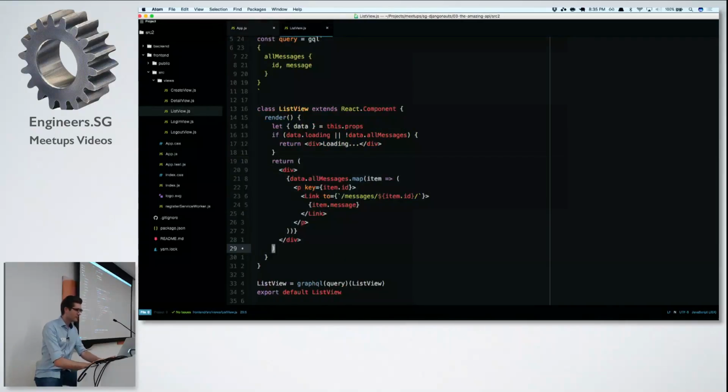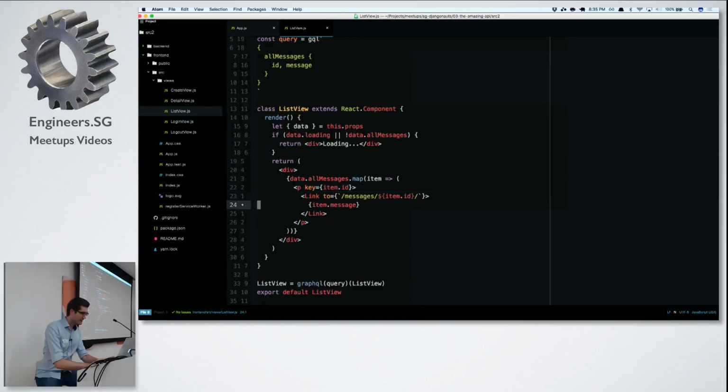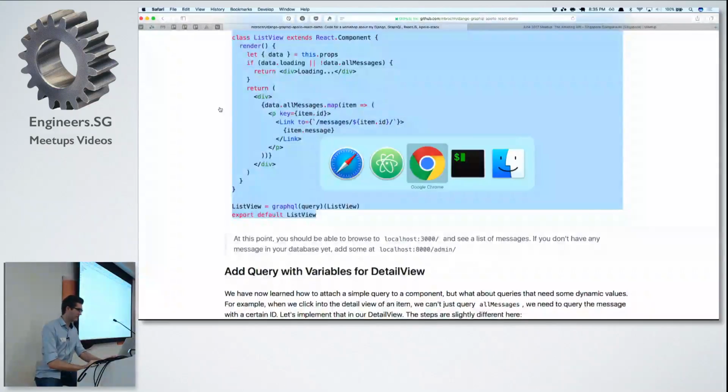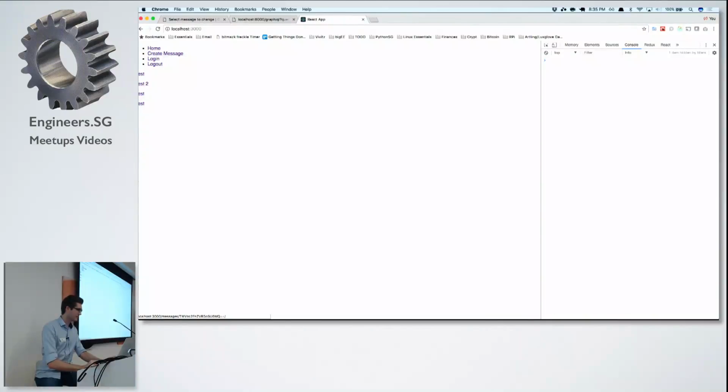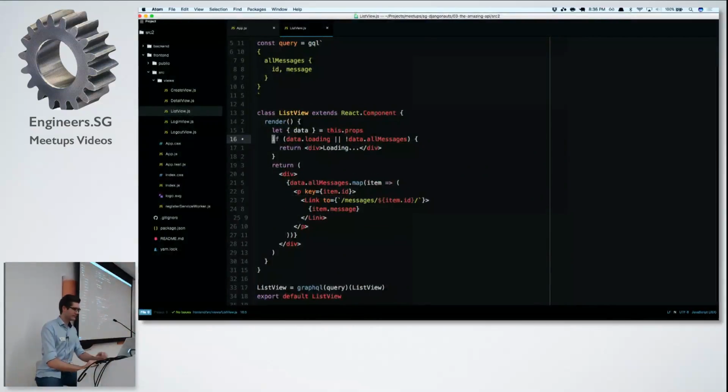So our list view is just a div, and it's just a bunch of paragraph tags that have links and the names of the messages, right? So it's essentially what we can see here. It's one paragraph, and these are all links. You can click into them. Okay. So the magic that GraphQL allows us to do is